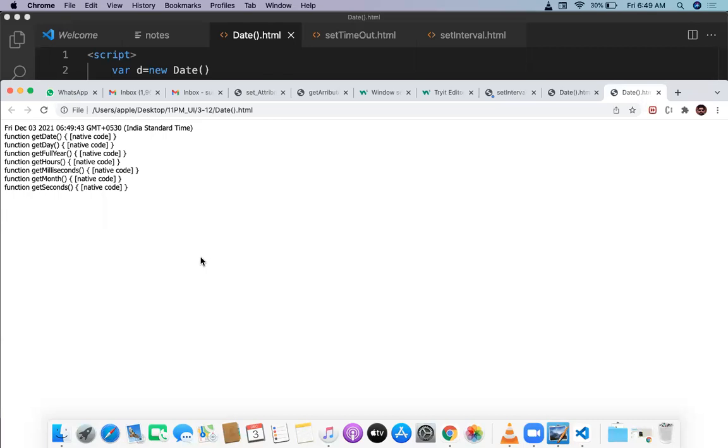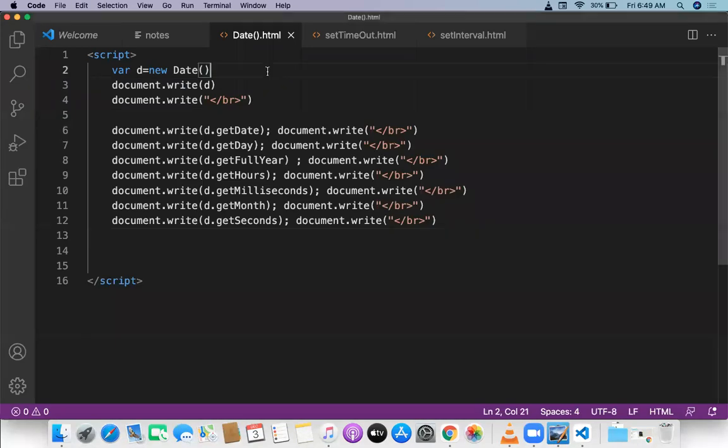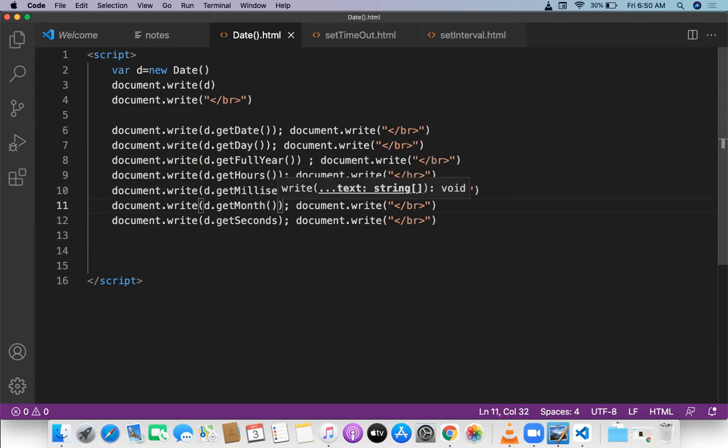Okay, so the thing is, getDate is a function. Oh my god, something is going to happen. d dot, document dot write d dot. It's a function, sorry. It's a function basically. You have to give the function parenthesis. Without giving parenthesis, we can't see the output. Yes. Now